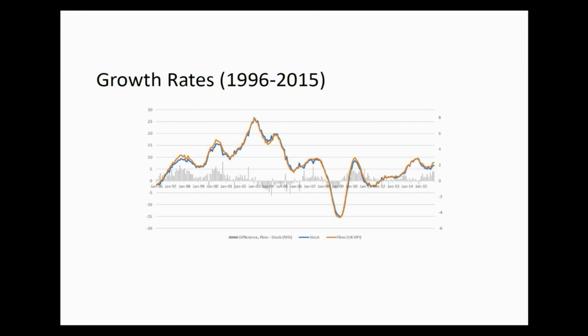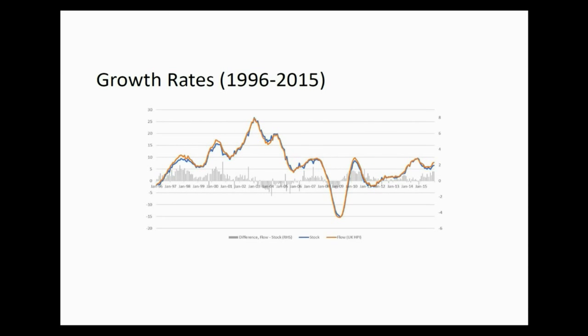Again, we've got the blue is the stock, and the brown is the flow, and the little black lines are the difference in terms of percentage on the right-hand scale. So as we can see, they do vary quite closely together. So you might say they tell a fairly familiar story in terms of house price inflation. We're not getting some radically different